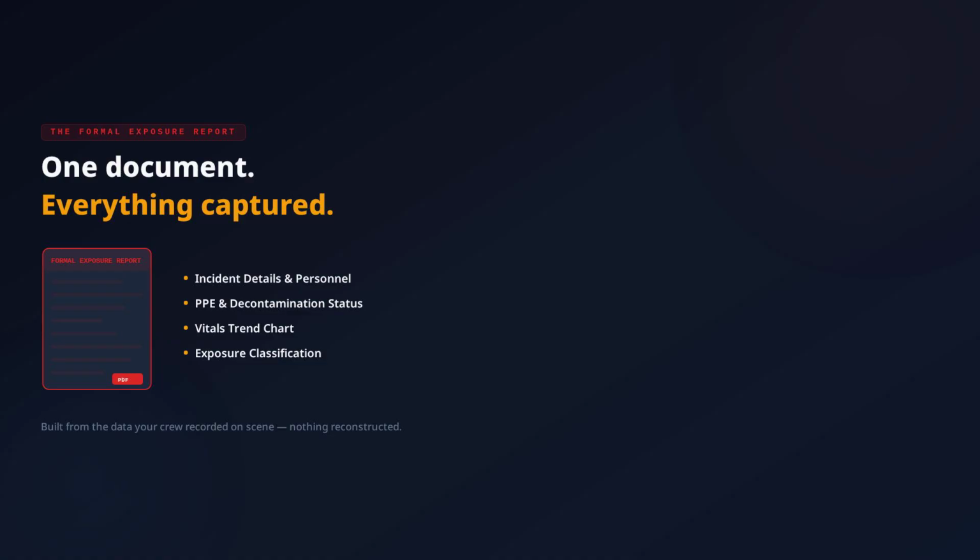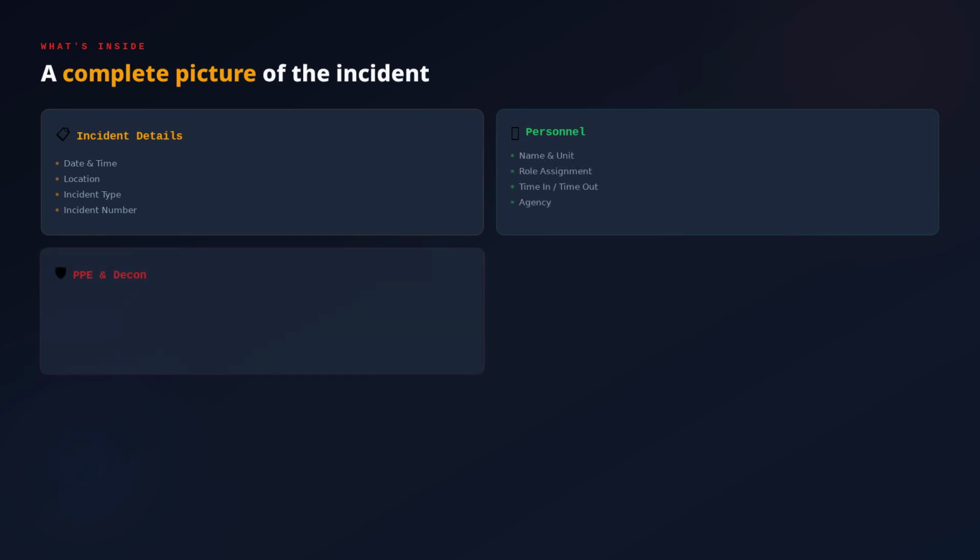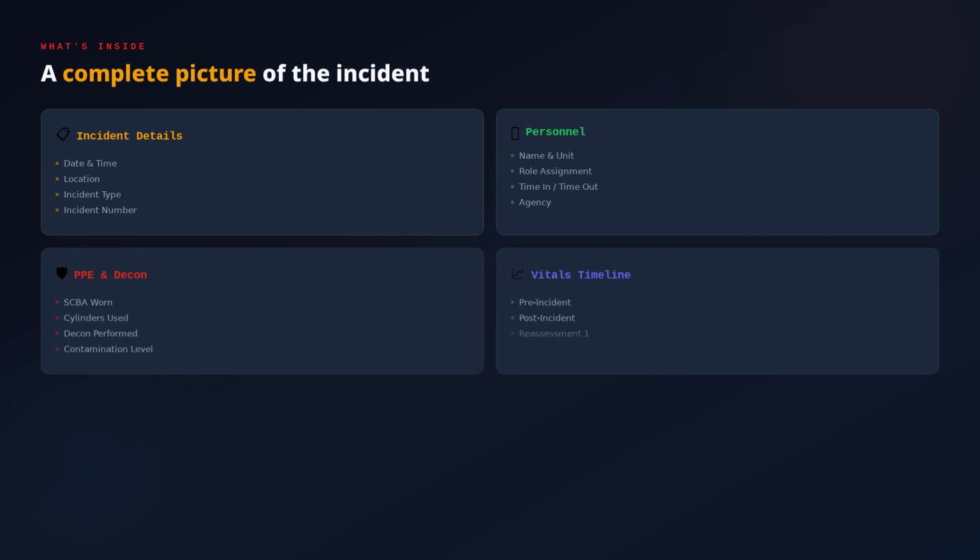Nothing reconstructed. Inside the PDF, you'll find a complete picture of the incident details including date, time, location, and incident type, personnel records with names, units, role assignments, and time in and time out, PPE and decontamination data covering SCBA usage, cylinders used, whether decon was performed, and contamination level, and a vitals timeline showing pre-incident baseline, post-incident readings, and